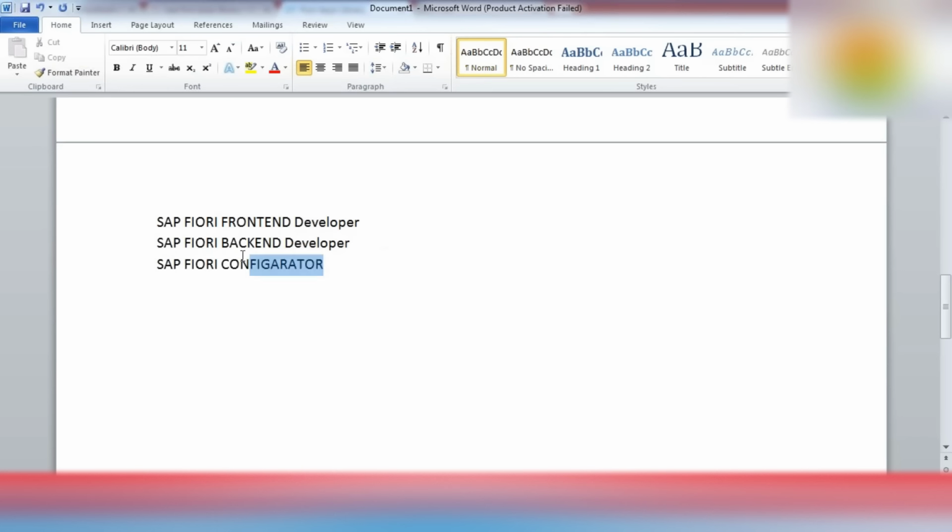So this is according to some projects or big organizations, but there are some other organizations that want people who know all three things. He can configure the standard Fiori application, and he can develop UI5 applications and custom developments. From the front end perspective, he can use the Eclipse tool or the WebIDE tool, and he can use the OData services as well. So I think more or less we need to know all the things.